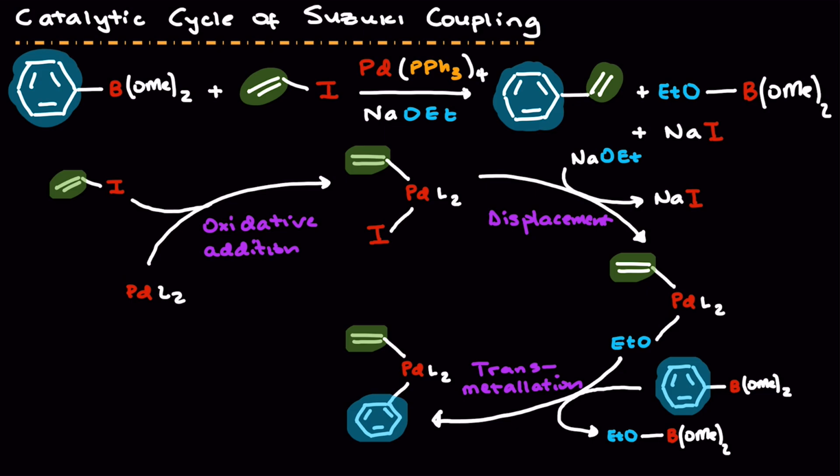And here is how we are drawing our transmetallation. So as that phenyl substituted organoboron comes in, the ethoxy substituted organoboron leaves, right? So now we have this sort of transmetallation of our groups. The phenyl latches on to the palladium. It's still a palladium 2 species, right? We still have an X-type ligand over here, but now we have both groups that we're trying to couple to each other on the same palladium center,